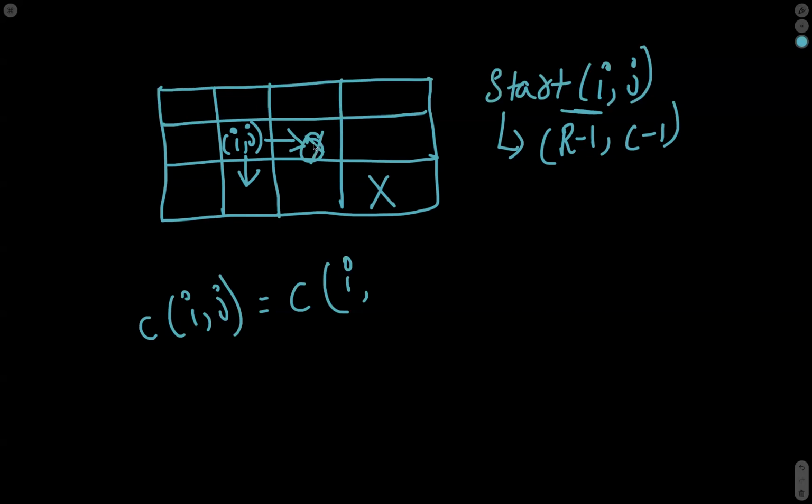Then when we come again to this cell, now I am staying at this cell. Now it should be the count of all the paths from this to this, and from this to this. In the first move, I have already moved in this direction, so it is the count of all the paths from this to this, because I cannot move in the upward direction. There is only the right direction here, and there is no down direction because this is the end of the matrix. So like this, I will be doing the sum of all the paths here.